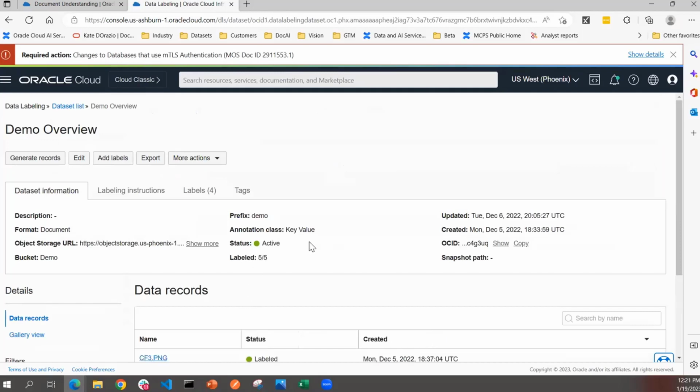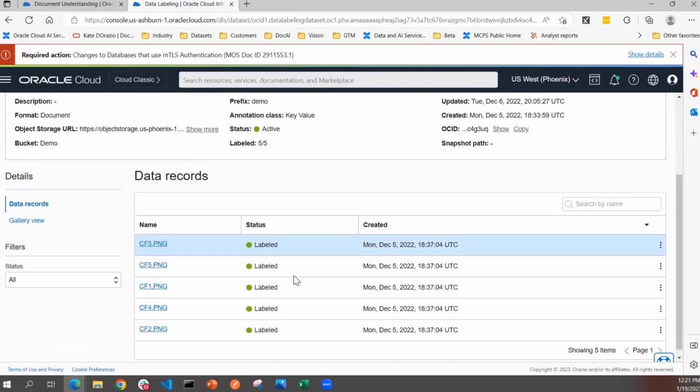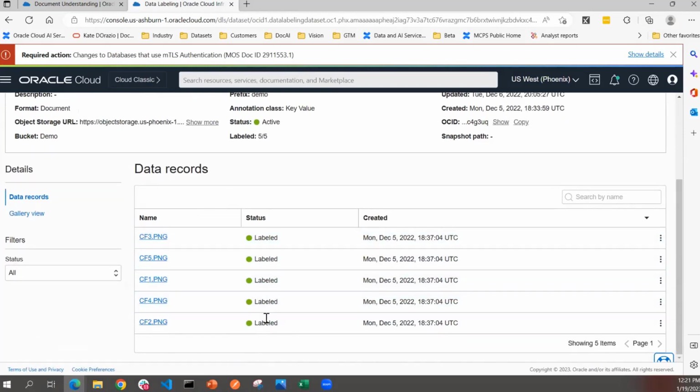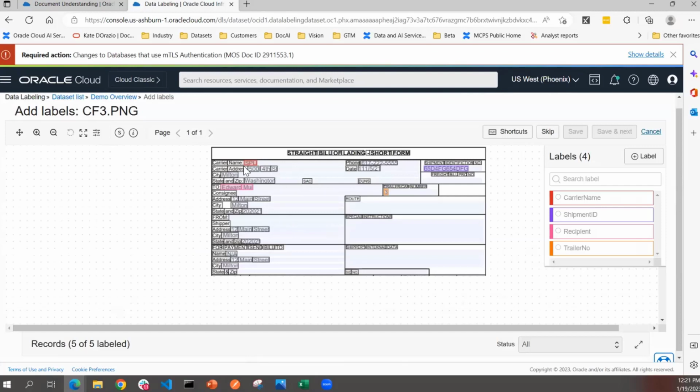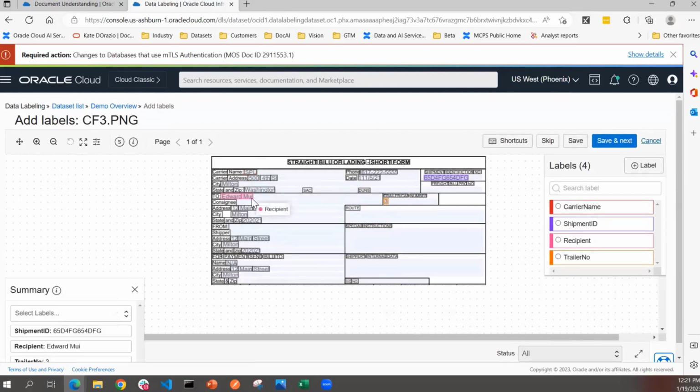So once a data set has actually been created, you'll see this overview page with each of the records. This is an example where I've actually labeled all of these documents here, but I'll show you what this looks like first for an unlabeled one. So I'm just going to remove the labels first to show you what this looks like when you're first going into one of these documents. Again, this is just one example, where I'm trying to extract these shipping or bill of lading documents, and these are my samples. So when I first go into one of these documents, it will look like this,